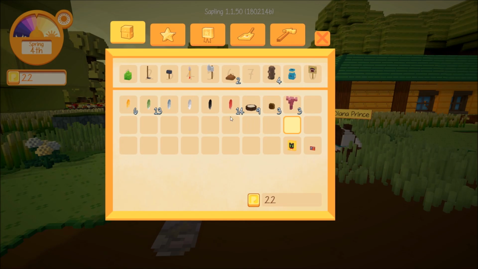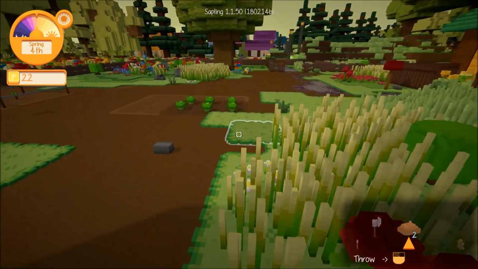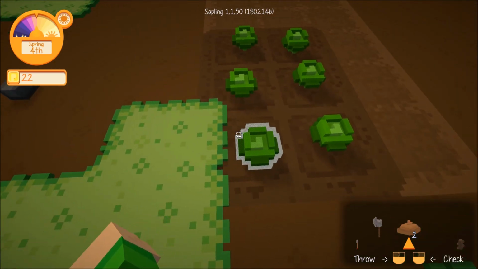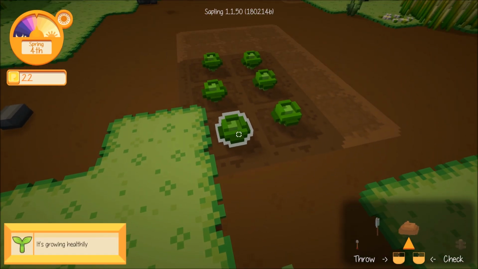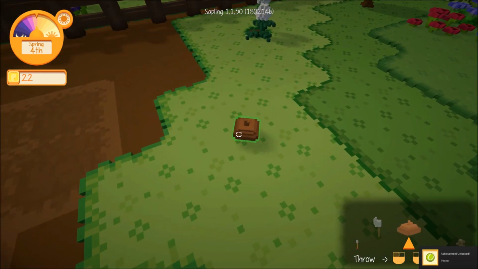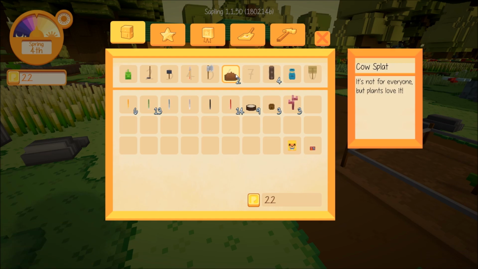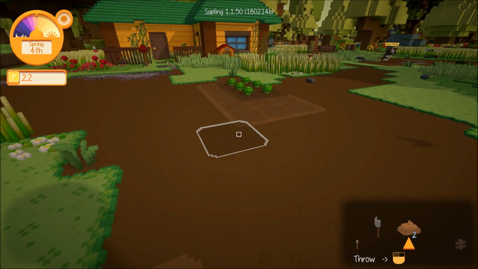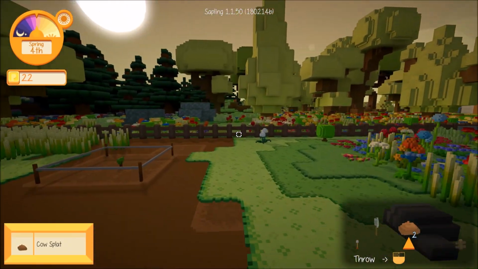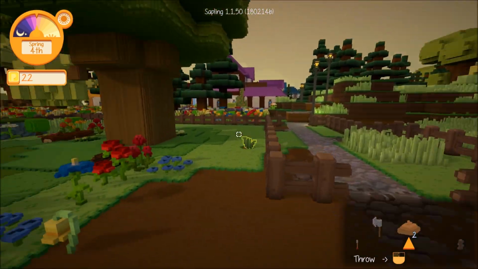Okay, so this stuff, this cow splat, we can use this as a manure, from what I understand. Like, can we throw it? Achievement unlocked, throw a ball. Oh, no. Maybe we have to actually craft it into a manure. It's not for everyone. Plants love it. Yeah, see? I'm not sure. I'll have to look more into that, but I can't place it on them, so...